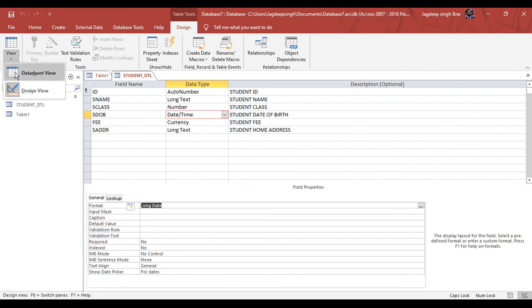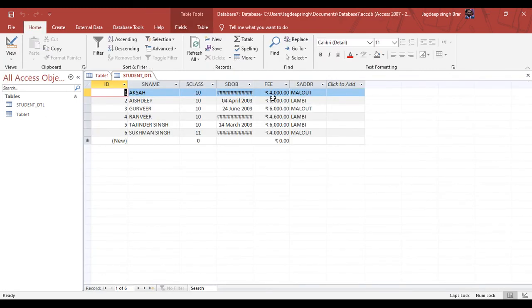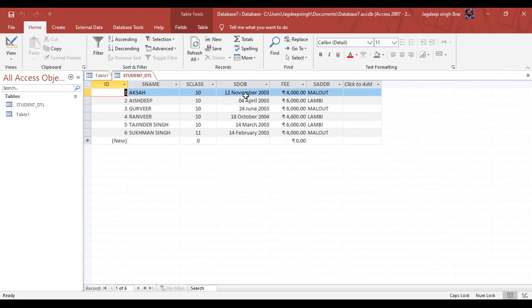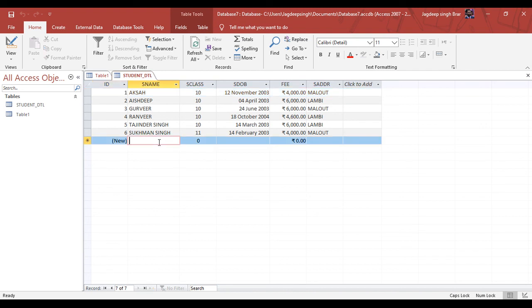Switch back to datasheet view. Now you can see all the dates are converted according to the format which we have selected, like long date, month complete. If you enter any value in a short date, it will automatically be converted into the long date.